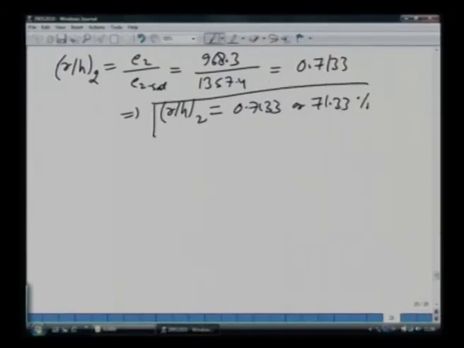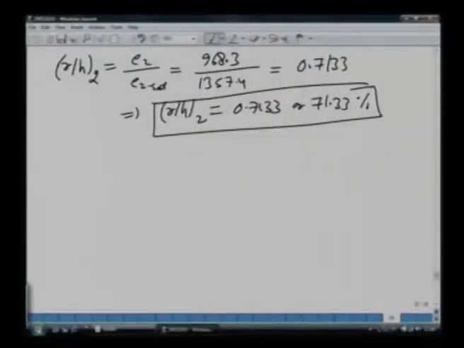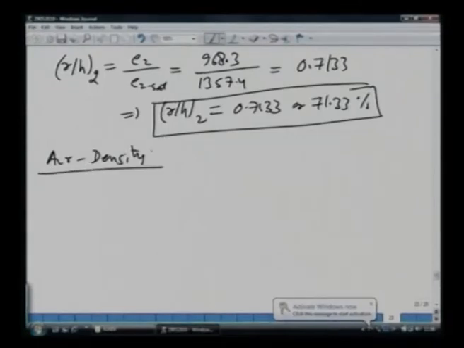So, you see that all these equations which we have looked at yesterday are extremely important in finding out the values of humidities and pressures and temperatures and all those climatic conditions at any height, which becomes very important in climate modeling. The next thing we have to find out in this problem is what is the density of the air at that height, which is also an important parameter.